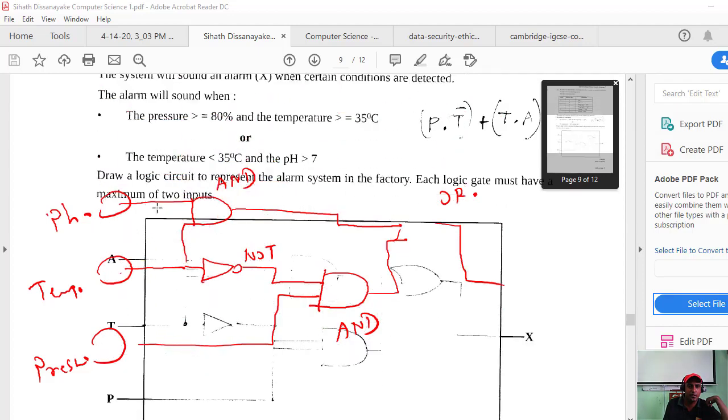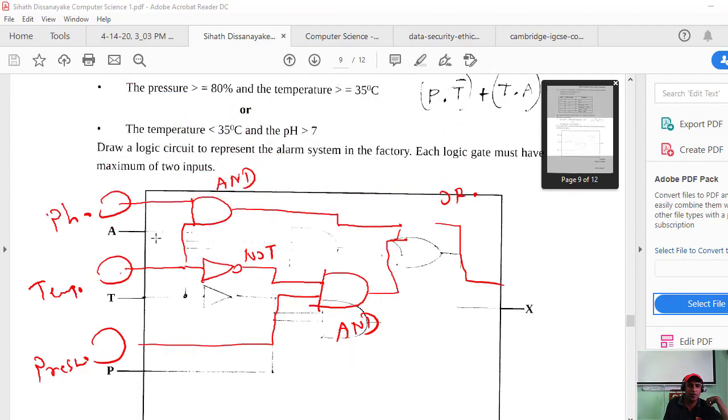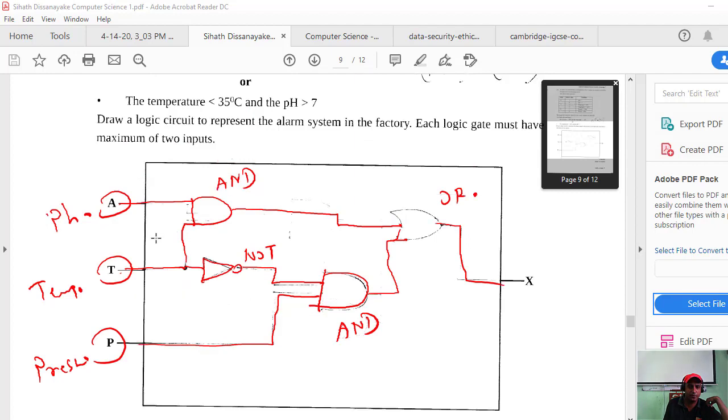Correct. This is 1, 1. That is okay so far. Here it should be 1, and at the moment here it is 1.